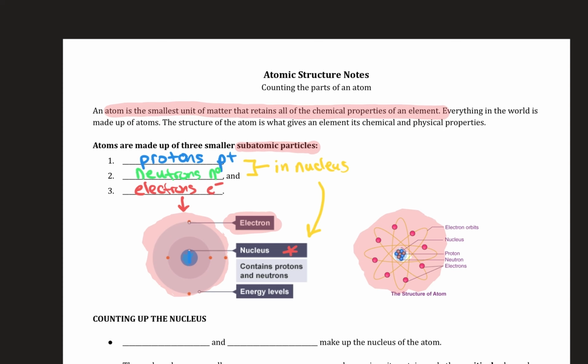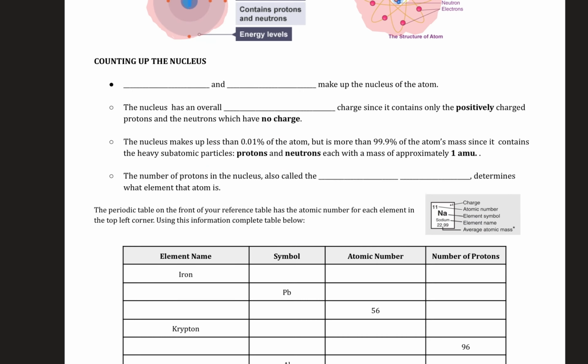hold the atom together. So to recap, the protons, which are positive, and the neutrons, which are neutral, make up the nucleus of an atom. The nucleus has an overall positive charge since it contains only the positively charged protons and the neutrons, which again have no charge. Interestingly, the nucleus makes up less than 0.01% of the atom, but it is more than